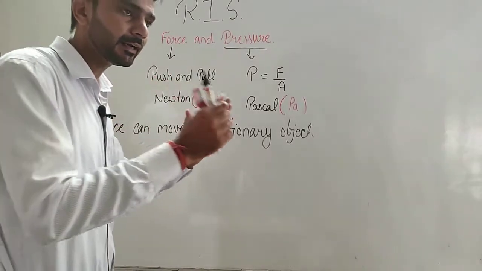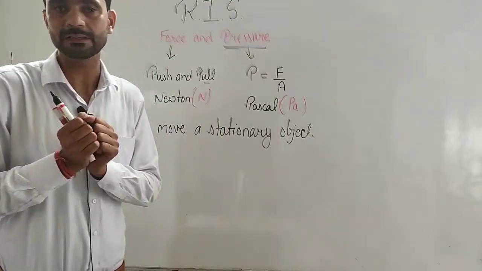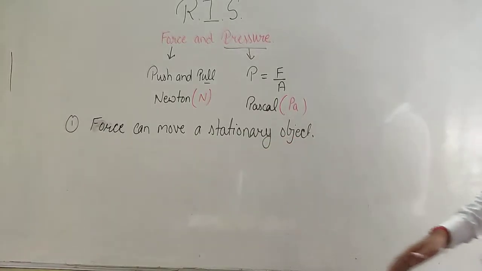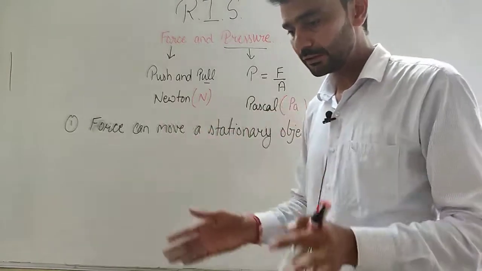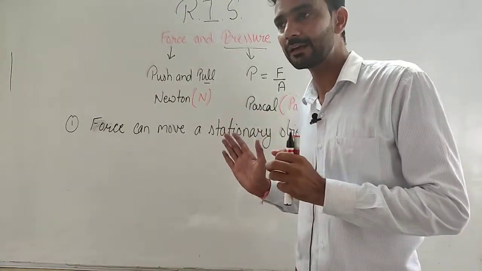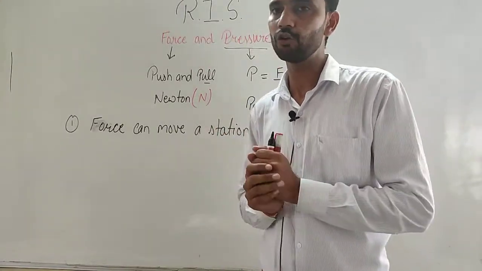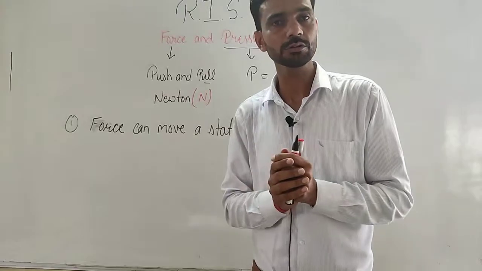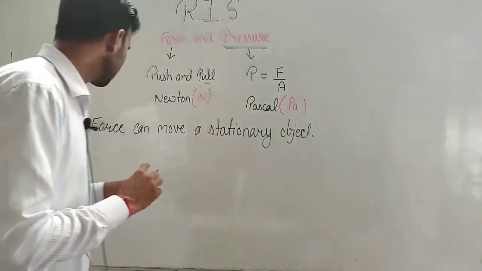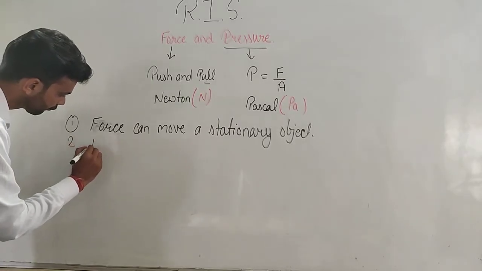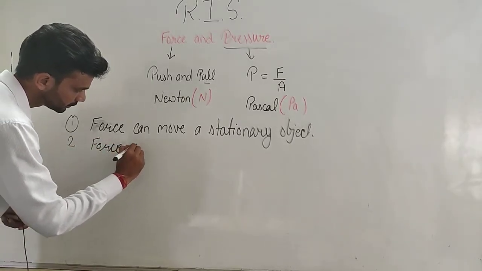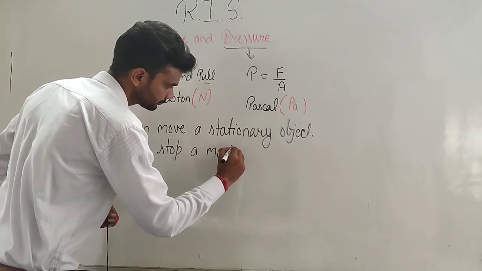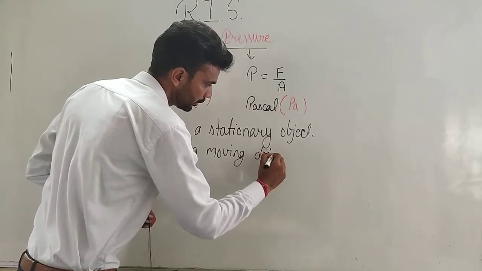Second thing, when we are riding a bicycle and someone pushes that bicycle from the backside, the bicycle stops. But mainly we will discuss these things with an example of football. If in the beginning the football is at rest, when a player kicks the ball, the player exerts a force and the ball starts moving. When the goalkeeper holds the ball, the goalkeeper exerts a force, so the ball stops moving. So the second effect is force can stop a moving object.